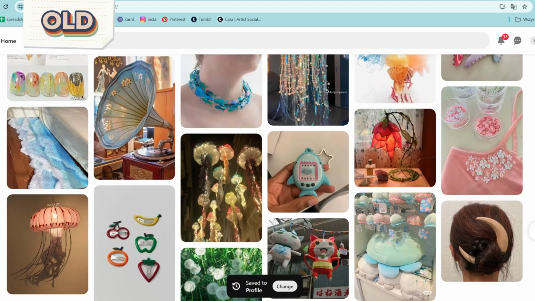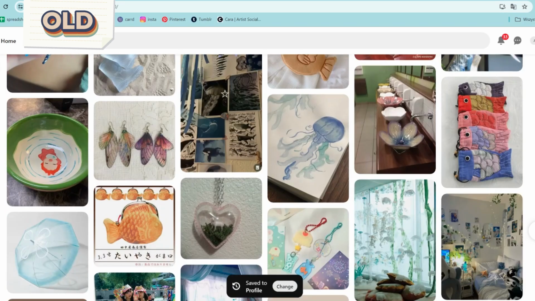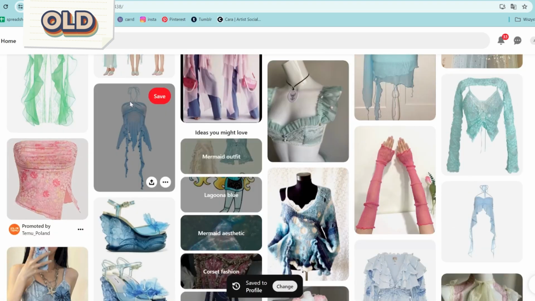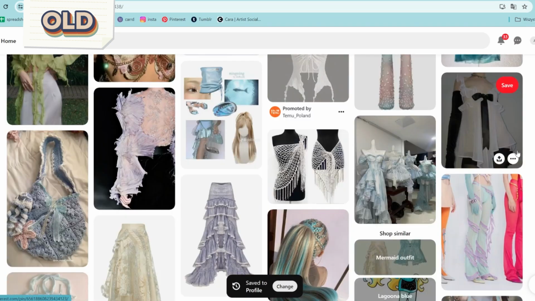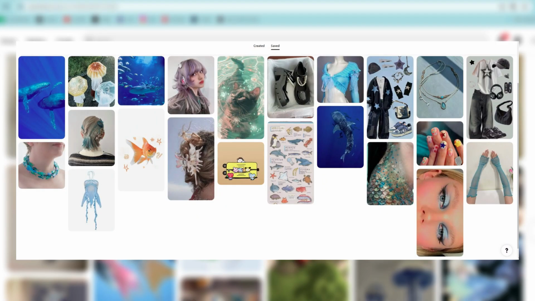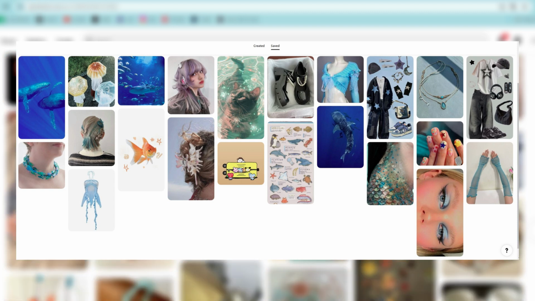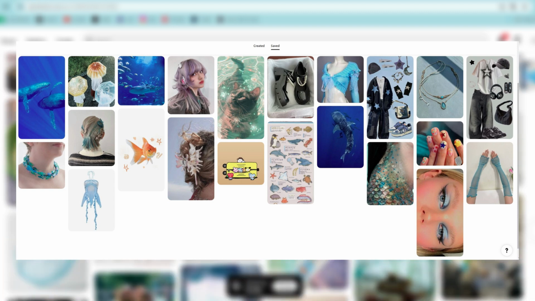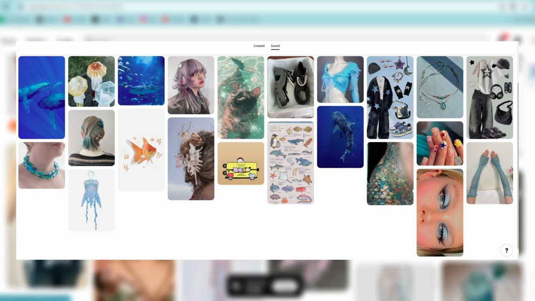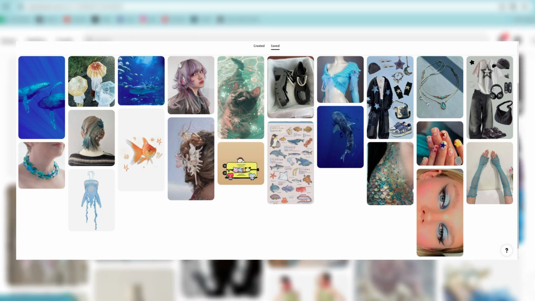This is such a cute account. Such a cute account. So many lovely bubbly colors and cute clothes and stuff like that. And now everything I like is terrifying. The selection I ended up with was also a nice mix. There were some deep sea photos, a whole lot of really cute clothes, and as a little nod to the army me, I also added that little B-21 illustration.